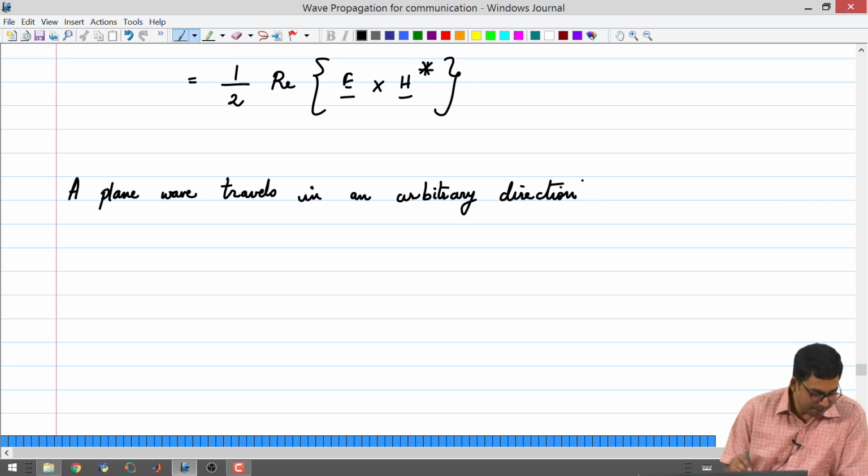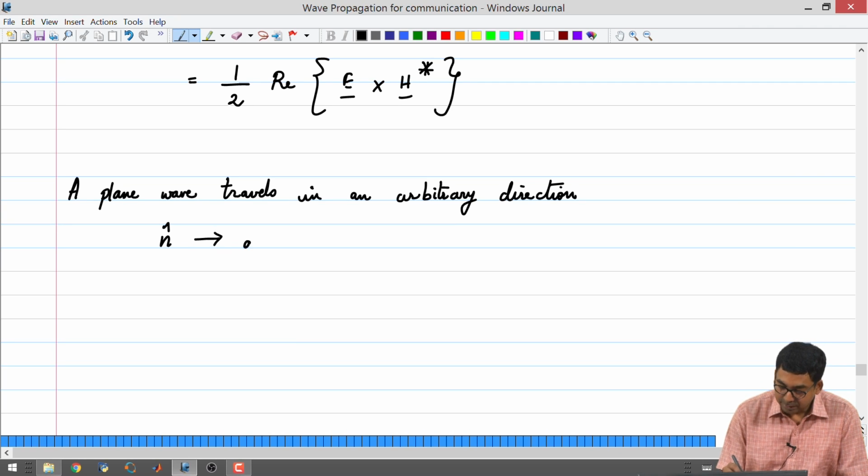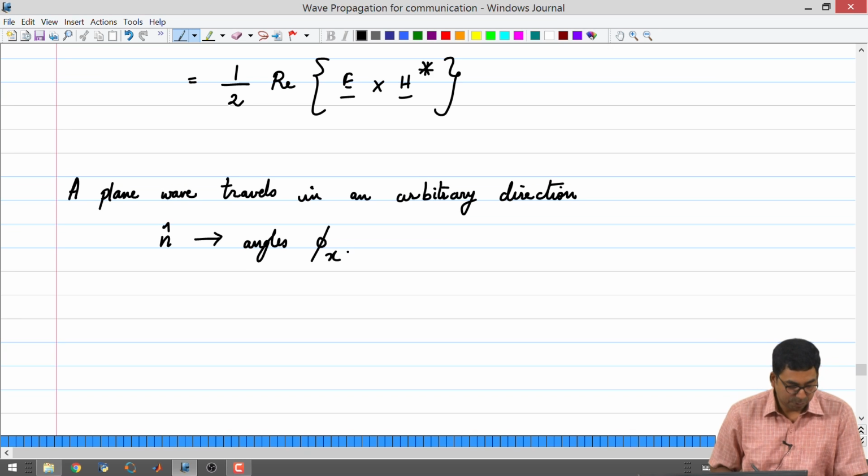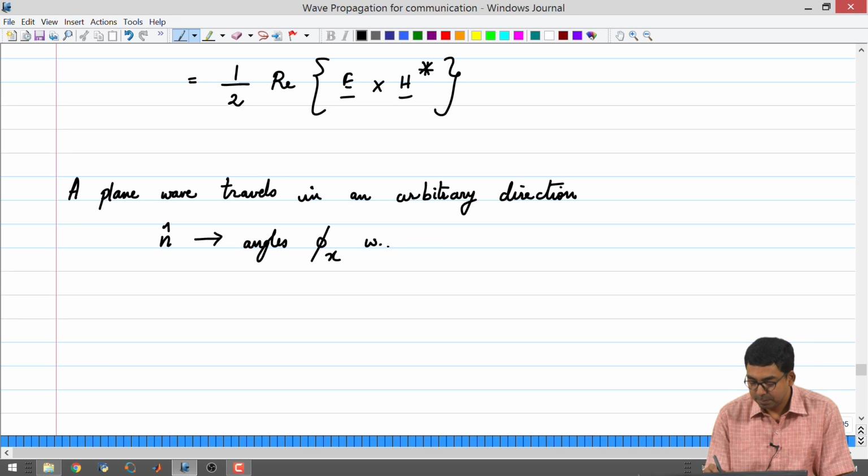So, let us say that this arbitrary direction that we are talking about has a unit vector n hat, and this n hat is making an angle phi x with respect to x axis, phi y with respect to y axis,